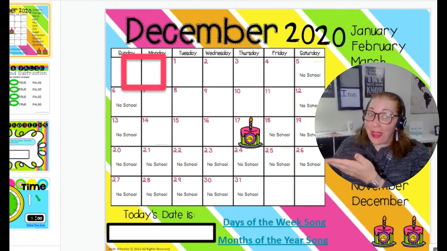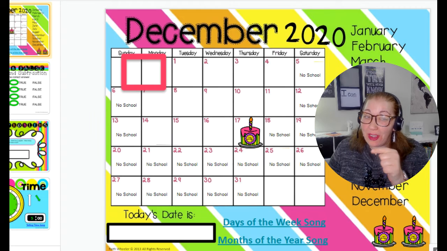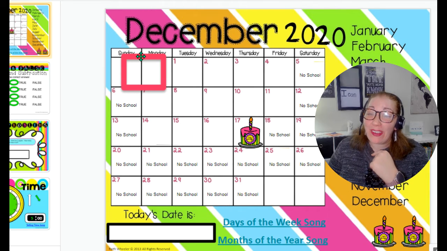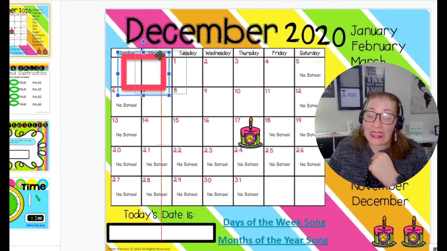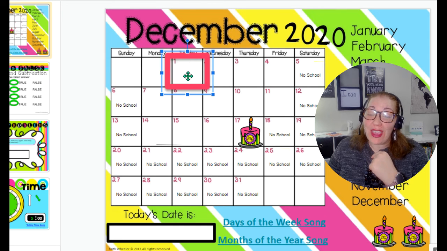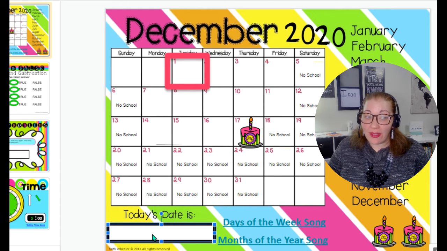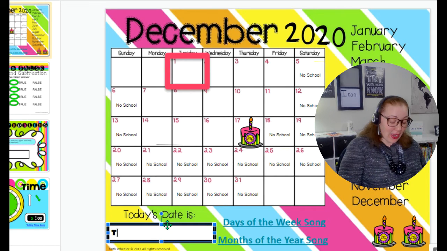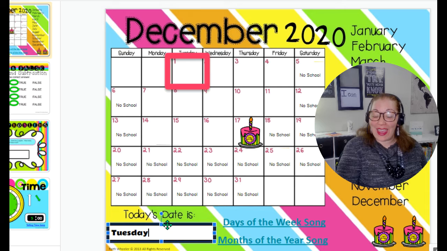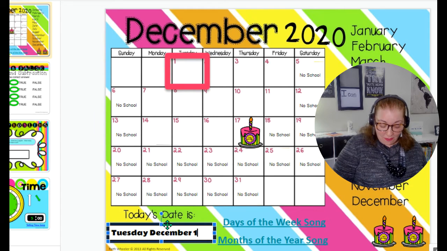This first page is the same, so you should be really good at it by now. But you always start with moving the box and finding today. So today is Tuesday, the 1st. Then we're going to type it in the bottom. So we're going to click twice so we get the cursor to appear. And we're going to type in today is Tuesday. And it is December 1st,